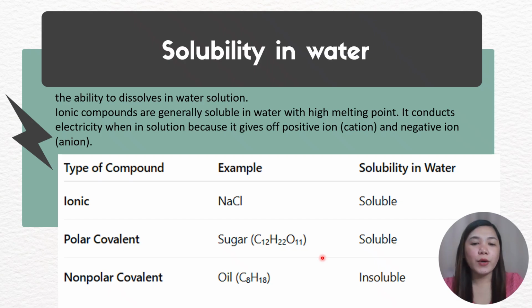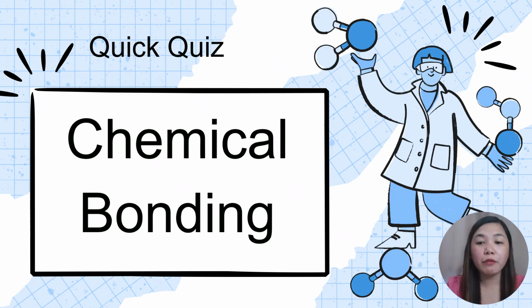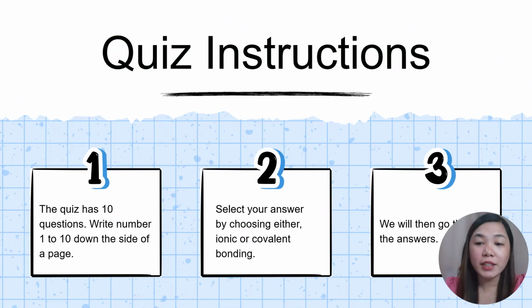Okay, if you have questions, you can review again our video lessons if you did not understand yet the lessons that we have, if I'm too fast in our pacing. But anyway, the lessons are very easy to understand. So let's have a very quick quiz about this before we move on to our last exercise. A quick quiz for chemical bonds, identifying the different properties that I just mentioned earlier.